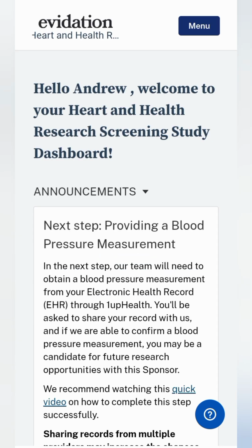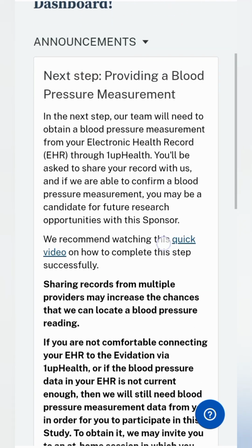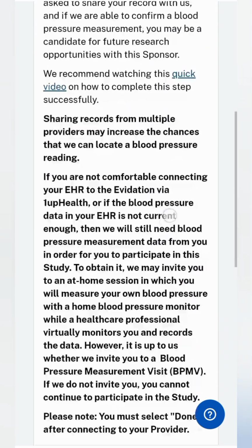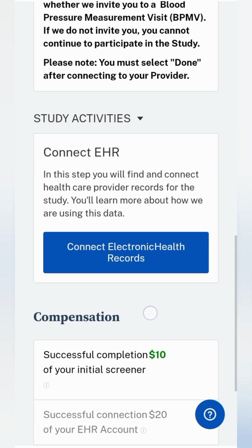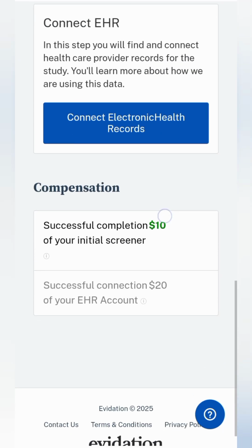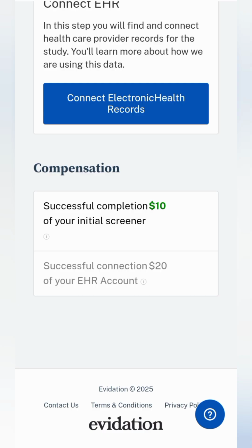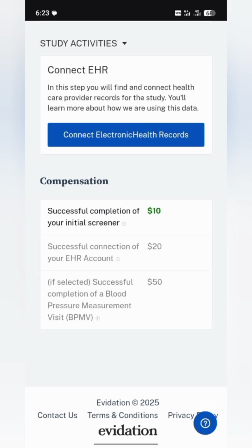So boom, we've submitted, and you can see the next page that just displayed said successful completion 100. You can see that the 100 is no more gray. So after successful completion, you saw that everything is becoming green on the dashboard. Okay, so I've successfully earned the $10. So now my next move is to earn the